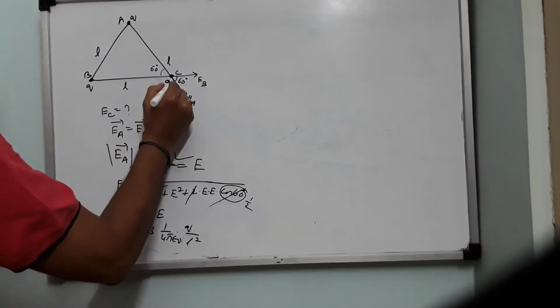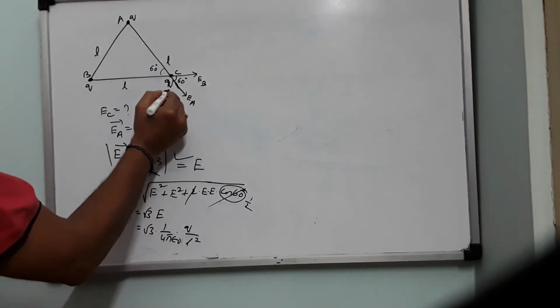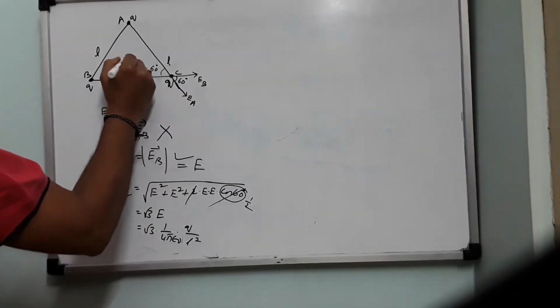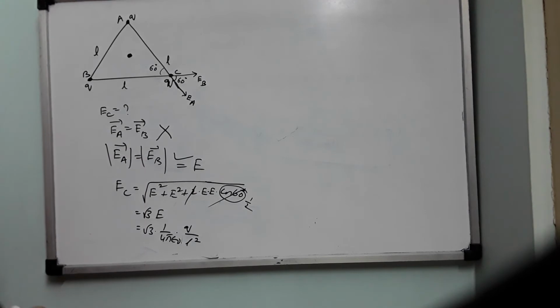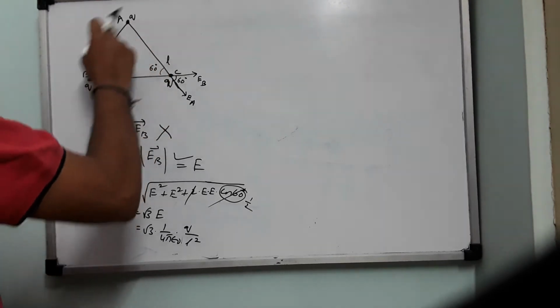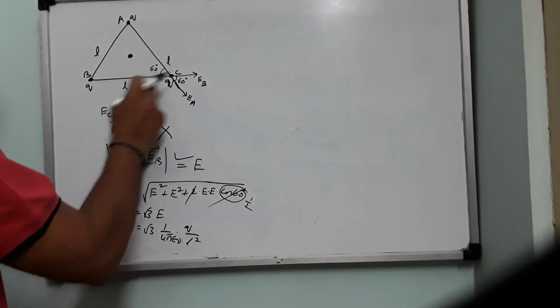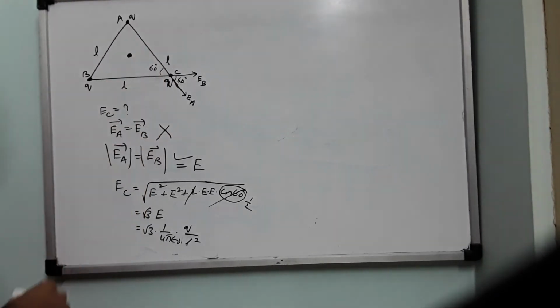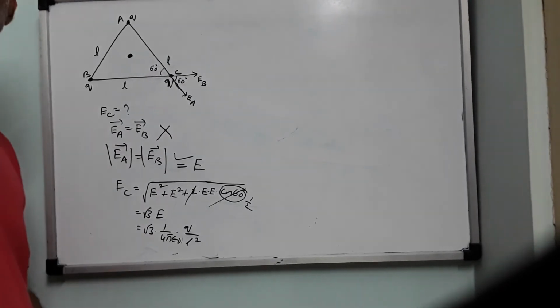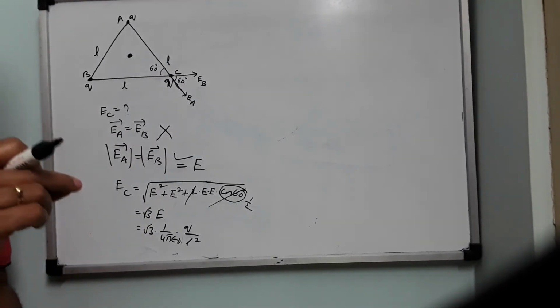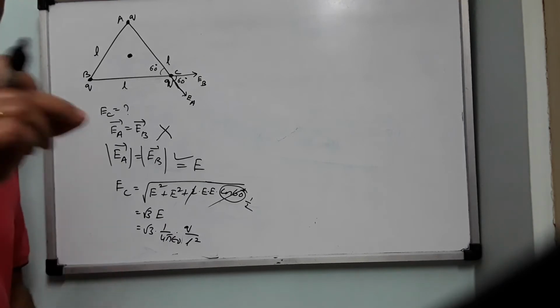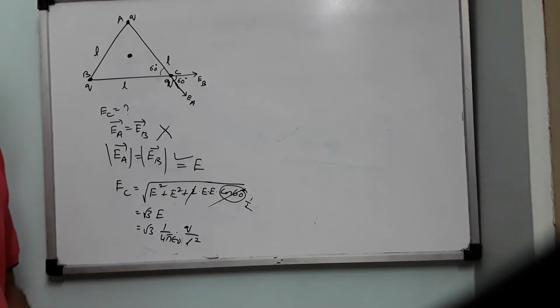If we have a third charge Q at this vertex also, at this corner also, we calculated the net electric field at the centroid. There is no point in saying that three charges are placed at the three vertices and calculate the net electric field at any one vertex, the question is meaningless. The point where you are calculating the electric field, there should not be any source charge. That should be completely vacant.